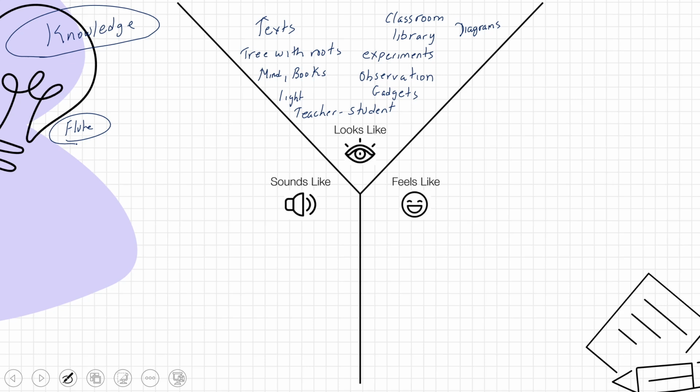Okay, let me begin with it. So, when there are debates and discussions, right? So, there also is a kind of verbal exchange, right? So, in this way, we can say that it sounds also like debates and discussions.